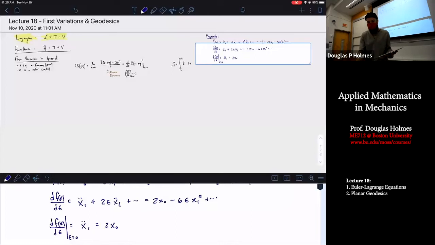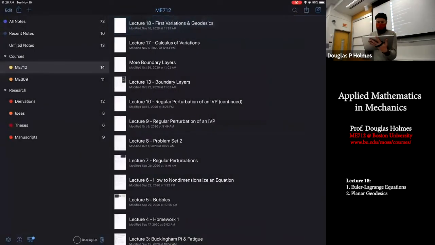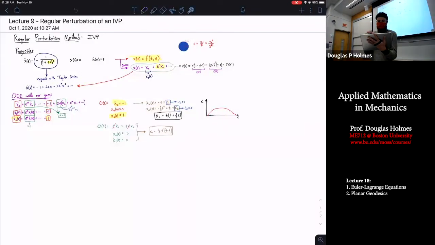If you go back through your notes, I almost wonder if I should look, but I'm nervous to do so. What would it be? If you go back through your notes, what you'll find in the regular perturbation of an initial value problem is that, yes, okay, actually I'm gonna do this, hold on. So keep in mind that this is saying that the order epsilon solution here is that x1 double dot is equal to 2x naught. So let's go back, regular perturbation of an IVP. Here we go. The order epsilon solution of our ODE was x1 double dot is equal to 2x naught. If you want to calculate the second variation,